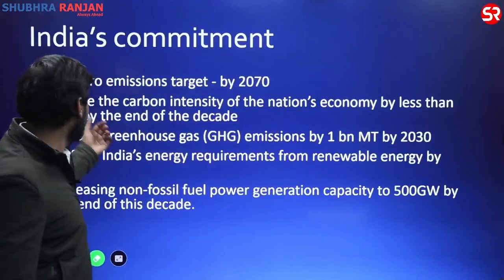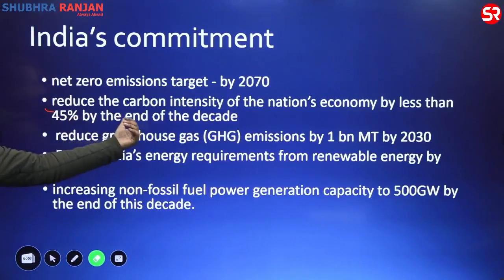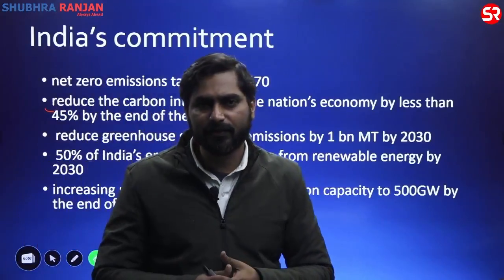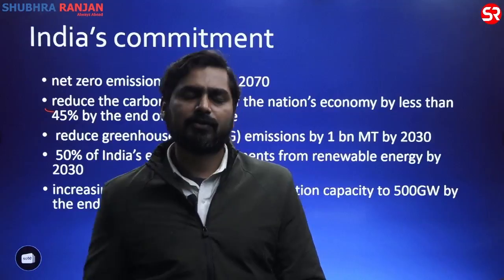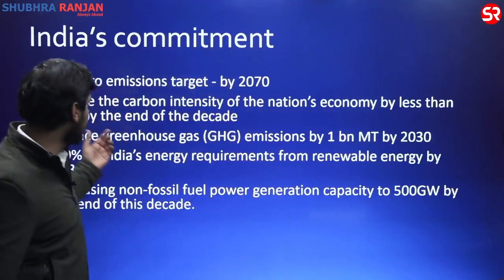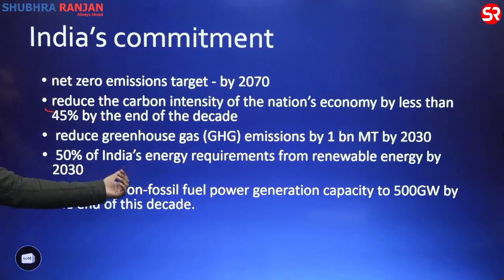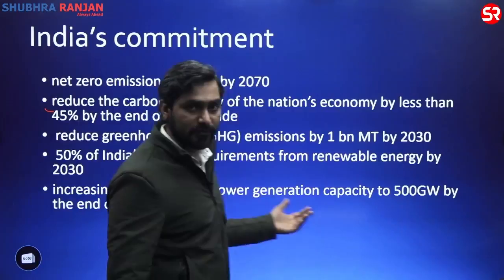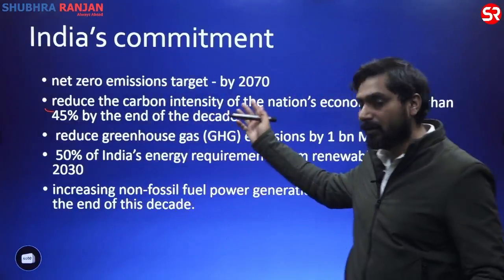It also said that it would reduce the carbon intensity of the nation's economy by 45% by the end of the decade. In the Paris Agreement, we had said that we would reduce our intensity by 30 to 35%, so we have increased that target. Also, 50% of India's energy requirements would come from renewable energy, and we will produce 500 gigawatts of energy from the renewable sector. So these were the major commitments